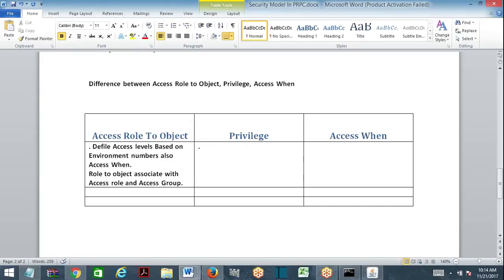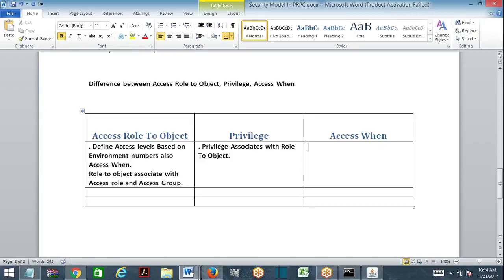Okay, so next, what about privilege? Privilege will be associated with what? Privilege associates with role to object and is applicable. Okay, role to object, that's it.